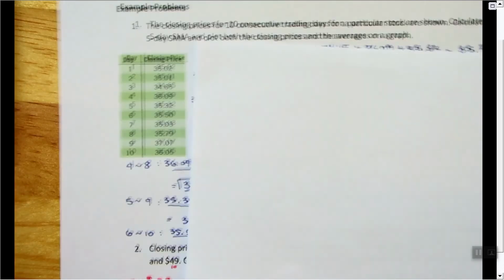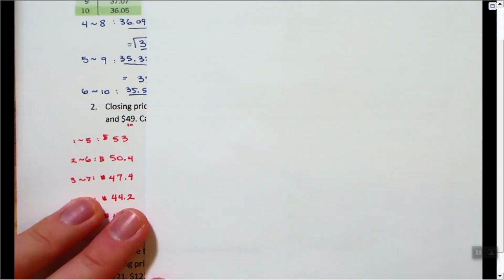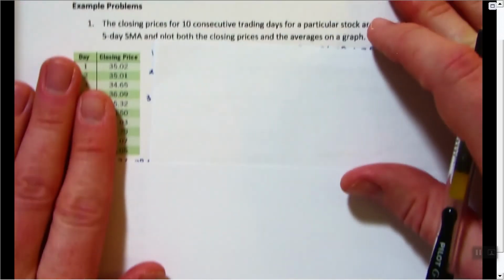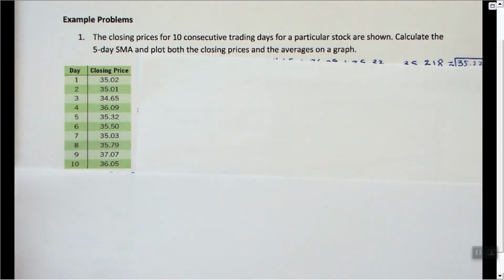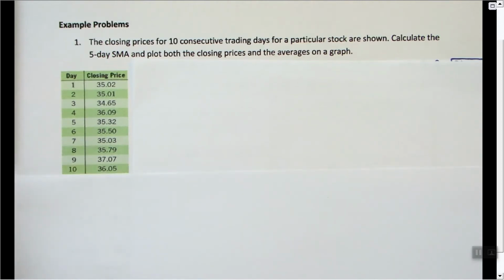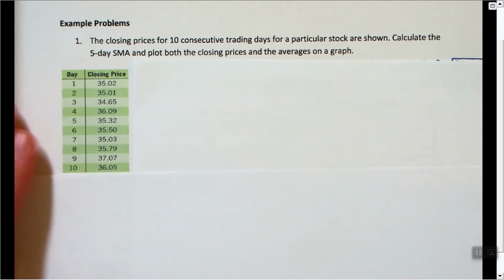Okay, let me cover some of this up. Number one: the closing prices for 10 consecutive trading days for a particular stock are shown. Calculate the 5-day SMA and plot both the closing prices and averages on a graph. There's kind of a lot here, so I gave you quite a bit of space. Okay, so you will find the